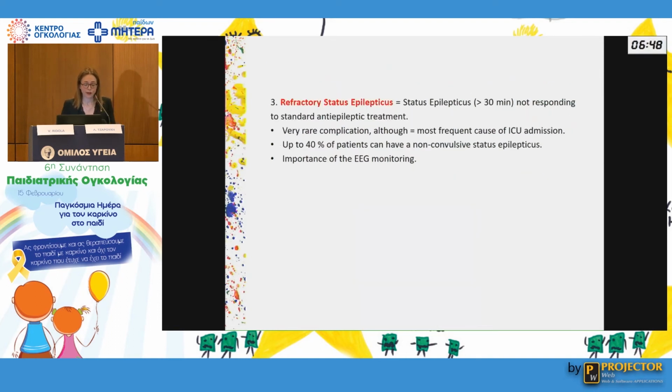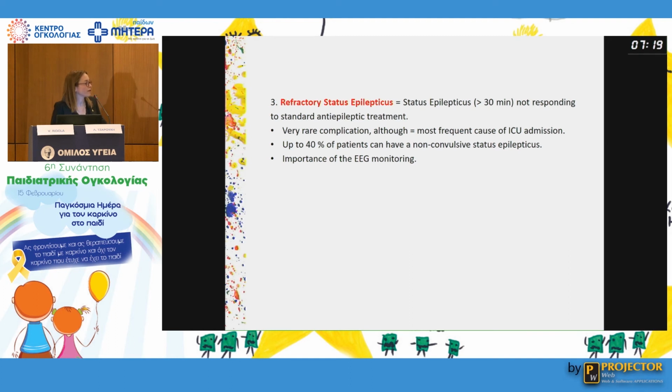The last severe complication is refractory status epilepticus, which is a status epilepticus that does not respond to standard antiepileptic treatment. This is a very rare complication, but it represents the most frequent cause of ICU admission. And we have to keep in mind that in a quite high percentage of patients, we can have a non-convulsive status epilepticus, which can be detected